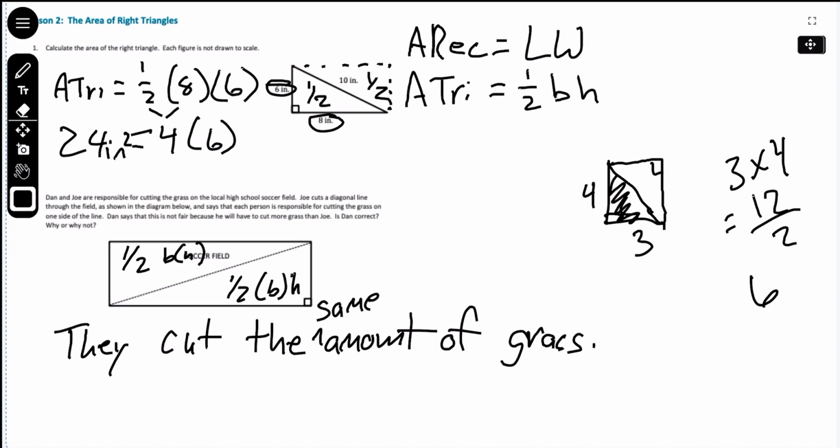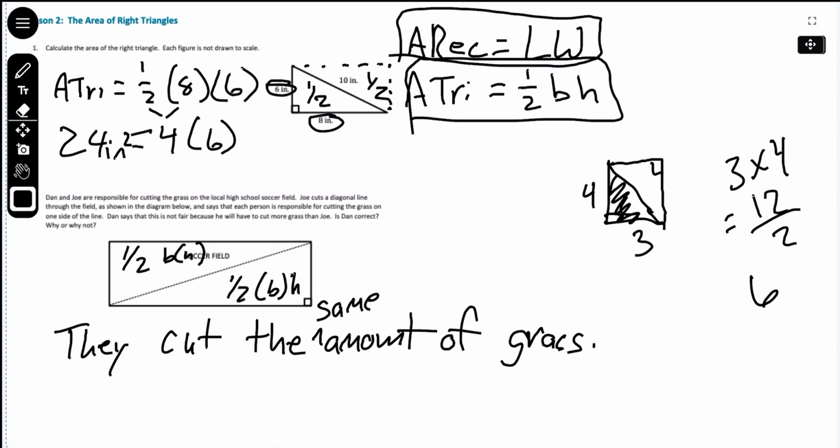Okay? That is it for this assignment. Here is your area of a triangle, though. Area of a rectangle. And hopefully, yesterday we did parallelogram. Area of a parallelogram is equal to just the base times the height, but you have to figure out what the height is, right? It's not as easy to see that height on a parallelogram, so you have to figure out what that is. Okay,